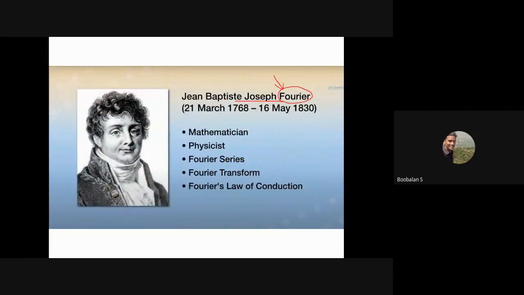You people already studied in your lower semesters, in M2 and M3, the Fourier transform. He is a man, say Fourier. He is a good mathematician as well as a great physicist, right? He founded the Fourier transform equations, the Fourier series. With these, we are able to predict or measure the harmonics which are generated with the help of switching devices. Once you are able to find those levels of harmonics, then you are able to filter them out, right?